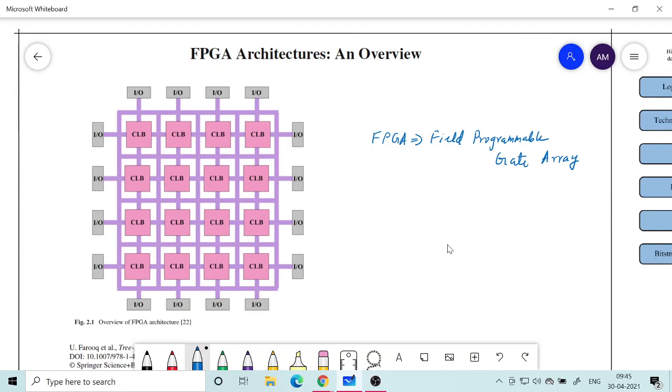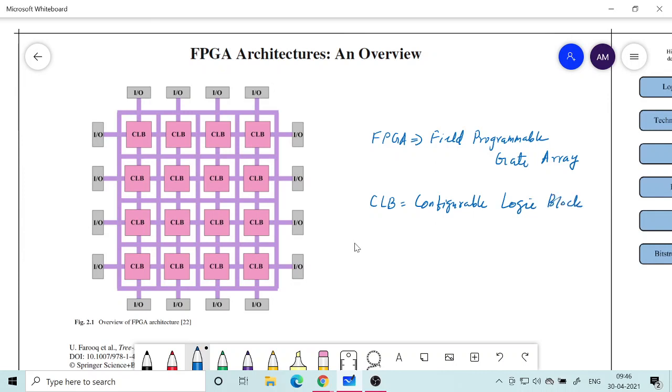But of course, if you look historically, it started with smaller architectures, and then it got refined as time went on. Okay, so I just showed you the current status, but if you look into the FPGA architecture, the basic structure that you would see is something called CLB. CLB stands for configurable logic block.